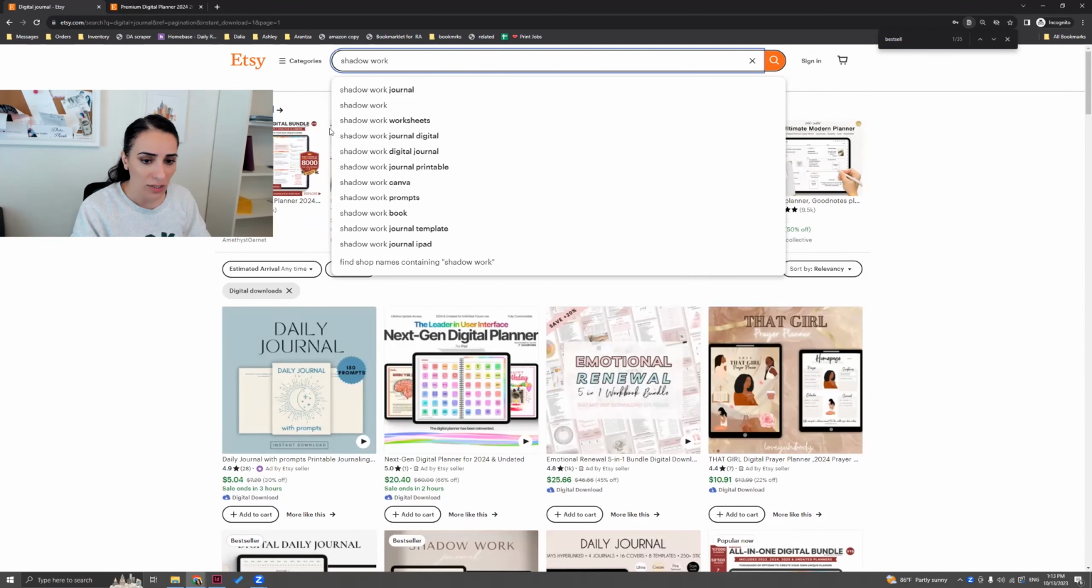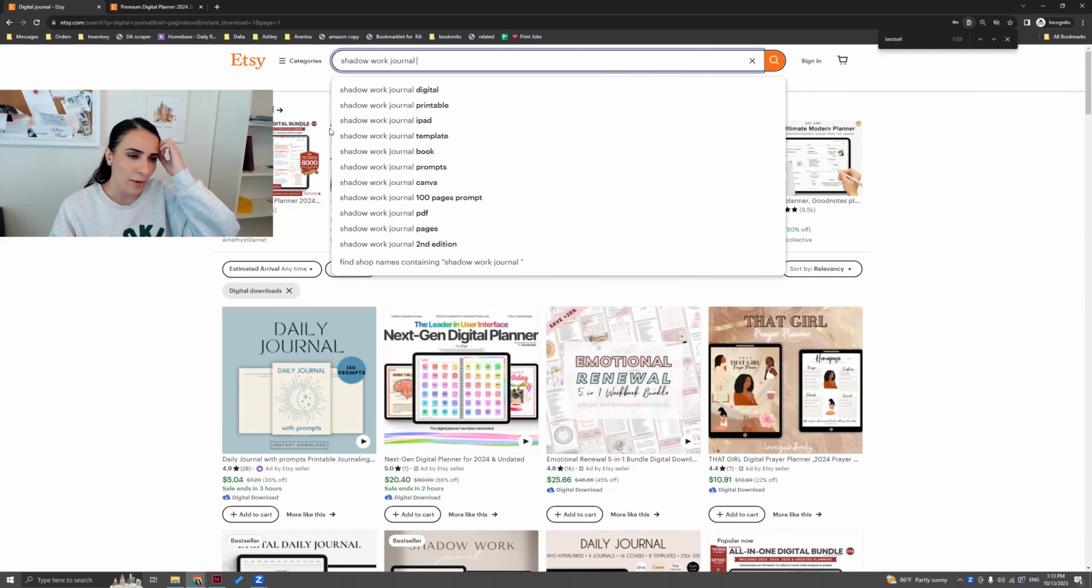Shadow work. Is that one word or two words? Shadow work journal. Okay. Look what I just did right now. I wrote shadow work journal, and look how much stuff is auto-populating. That's the number one thing you could see, a white flag, a beige flag, if you will, that shows you something's